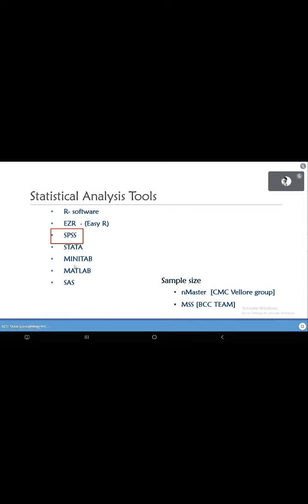So just to give you an idea that there are multiple options available if you want to analyze your data. And if you want to calculate sample size for your research study, there are software such as NMaster, which is software developed by CMC Vellore. And there is another software called My Sample Size, in short MSS, which is developed by the BCC team, using which you can calculate the sample size for your research studies. Okay, so these are some of the software packages available.